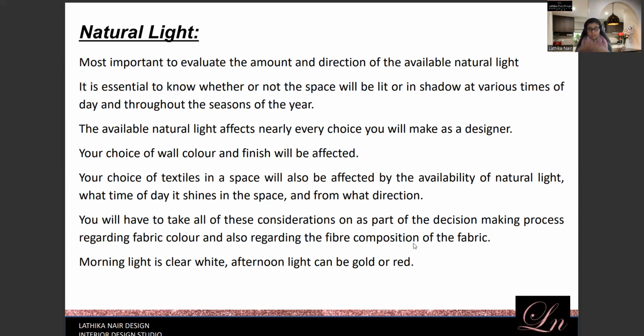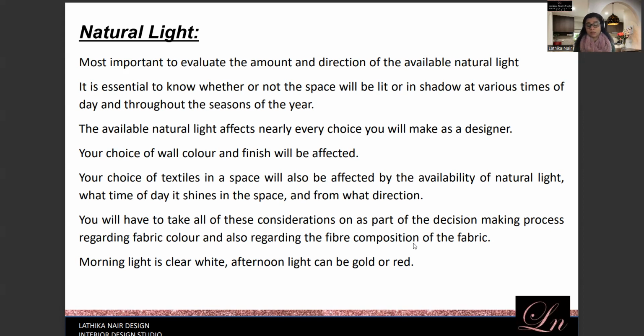Now we are talking about the interiors, once all that external shell is done. So when you have a room, you need to assess how much natural light you are getting and what kind of natural light you're getting. Are you getting the morning light? Are you getting the afternoon sun? All that makes a difference because they have a tone. They have a tone to the light as well, and the temperature is different for both the lights.